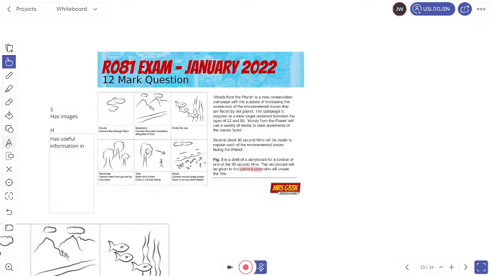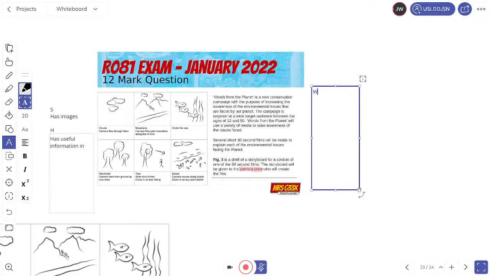And then I'm going to go on and do my weaknesses. So I'm going to put these on the other side. Weaknesses. What does it not have? This is all about testing your knowledge of what the content is for a storyboard, and it will be the same regardless of the document it is. So weaknesses. There's no numbering on here. For example, I do not know whether it goes 1, 2, 3, then 4, 5, 6, or if it goes 1, 2, 3, 4, 5, 6. So the shots are not numbered. Also, looking around here in my description, I do not know how long each of these needs to be filmed for. So there are no durations on here.